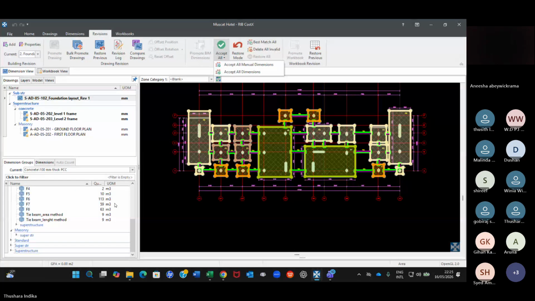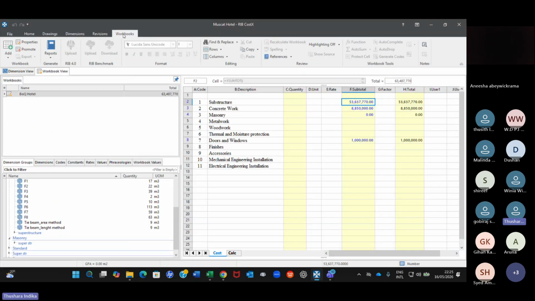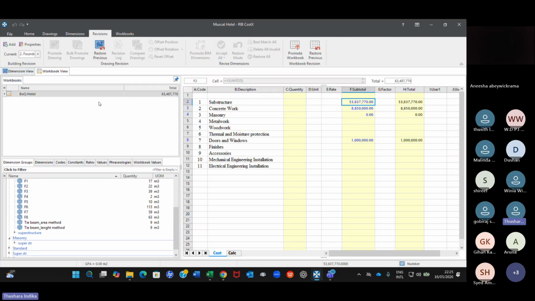How do you do that? Now go to workbook. Right, we have now updated everything. You have to go to the workbook and say update the workbook. Or in this case, let's say revisions, and then you have the workbook here, right? You can see here the revision, under revision you have the workbook, right? And here you have an icon called promote workbook, right? You just click on that,